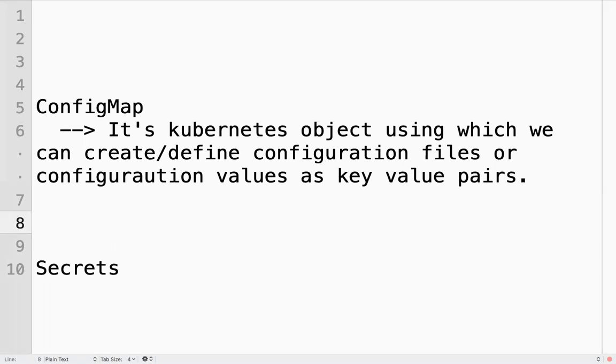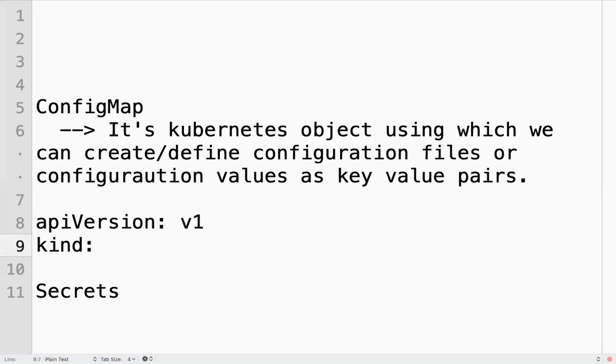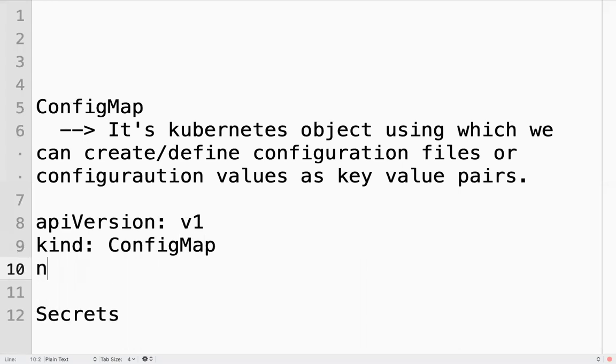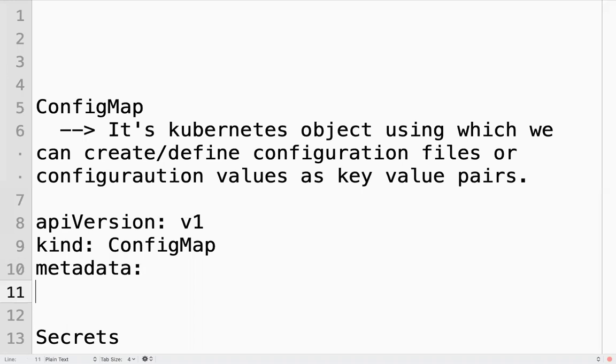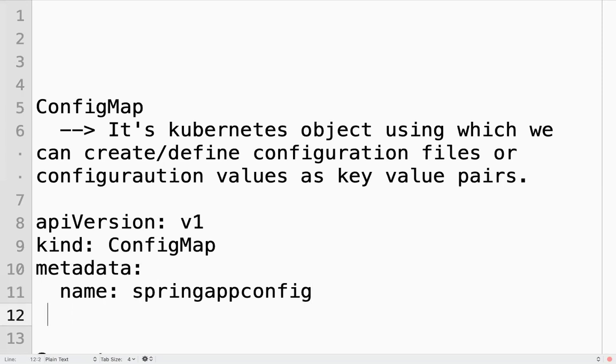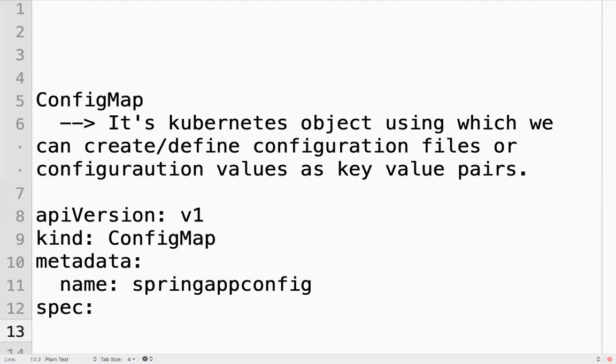As key value pairs, I can define it like this: apiVersion v1, kind ConfigMap, metadata, you can give some name, Spring App config. Here it is not spec; in this case, it's data.